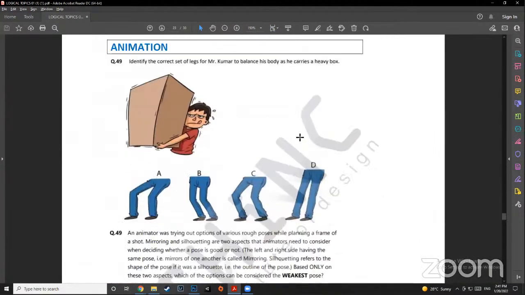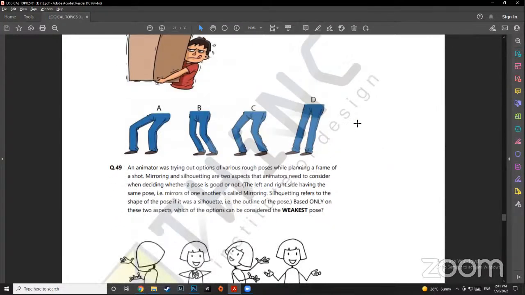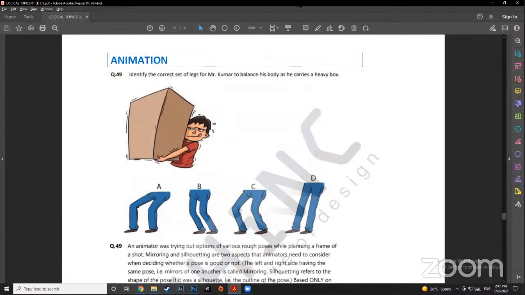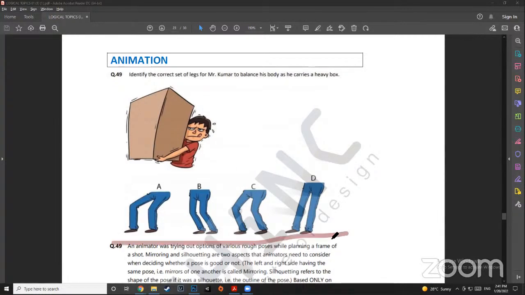Then there is animation, right? For animation, I would suggest all of you should refer to the 12 rules of animation. If you read them properly, if you understand them properly, you will be able to answer all of these questions. So even in this particular question, we can be a little lucky because this can be solved with logic. What should be the correct balancing